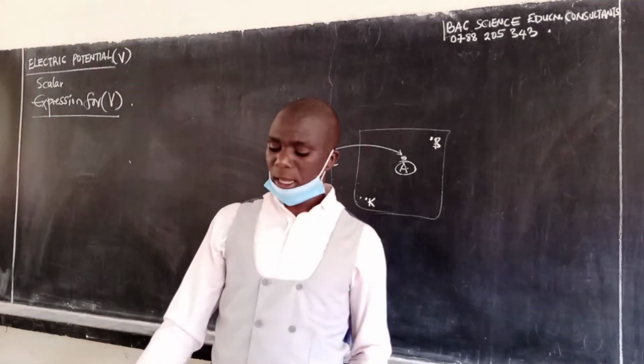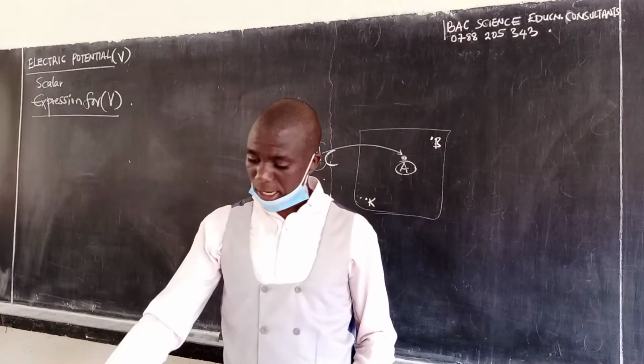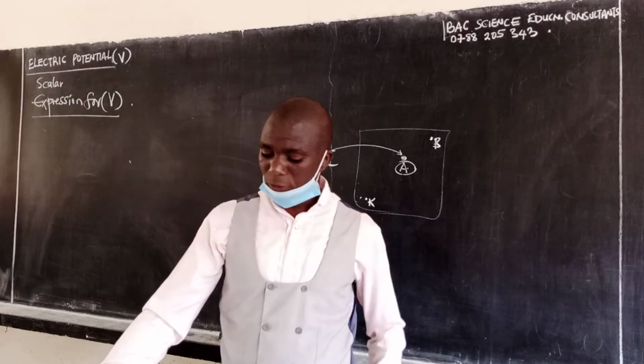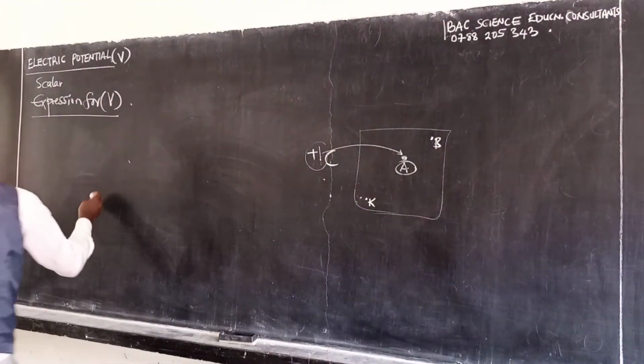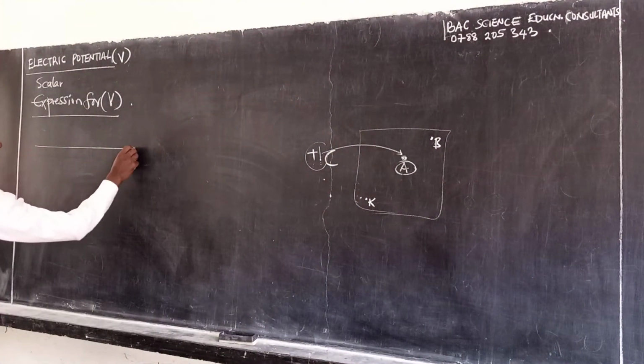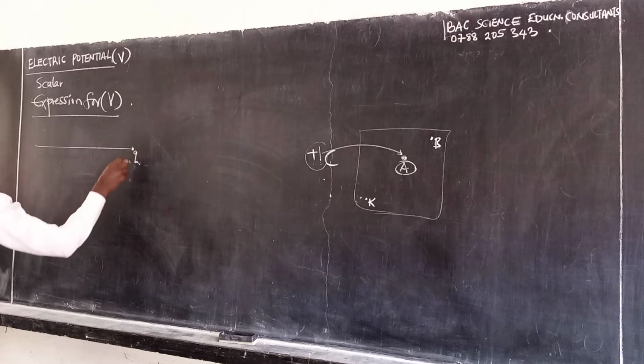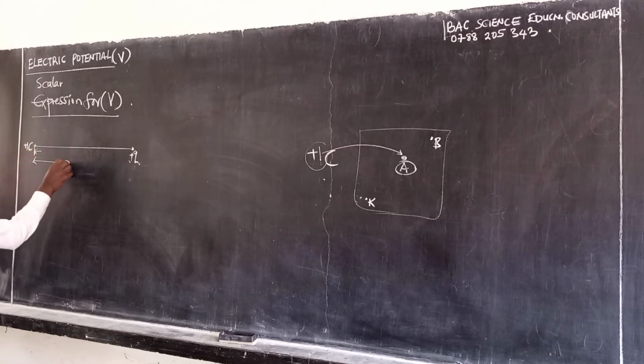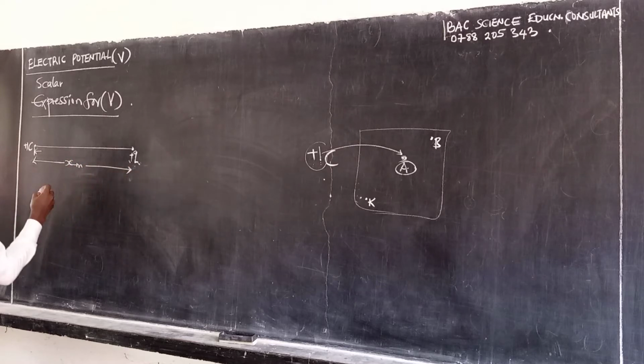We are considering a one coulomb charge, which is x meters away from a positive charge Q. So, there is a positive charge Q here. We are saying there is plus 1